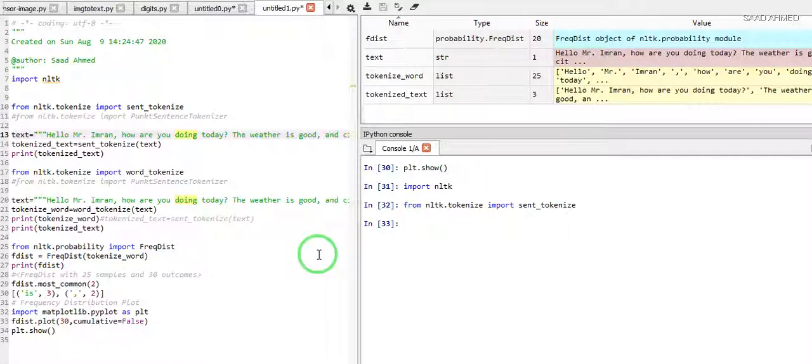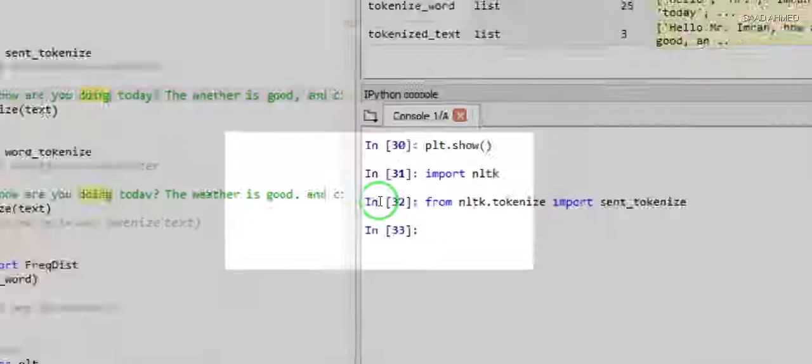Okay, let's see how it works out. We'll just give a paragraph with 3-4 sentences, and the text I have written is, "Hello Mr. Imran, how are you doing, weather is good and the city is great." And I want to just sentence tokenize it, but for that I will be importing this